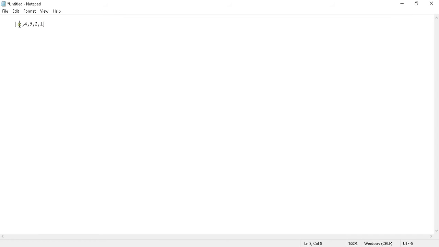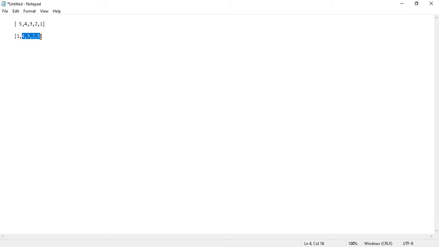Here you can see I will just select the minimum number in this array. What is the minimum number here? 1 is the minimum. So I will take the minimum number and replace it with the index 0. So my collection will be 1, 4, 3, 2 and 5. Right. So you can see this part is sorted. The minimum number went here, so this part is sorted.